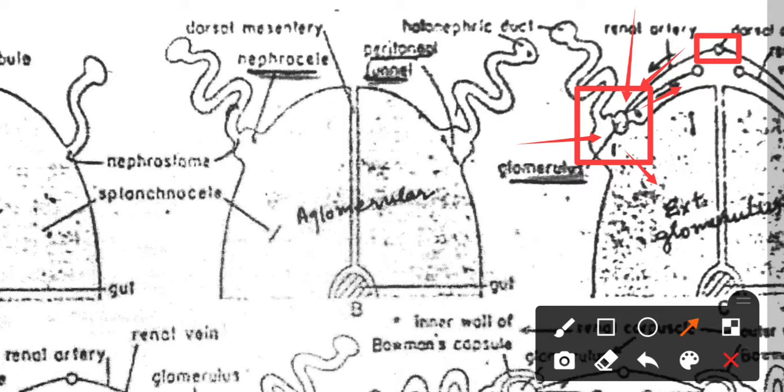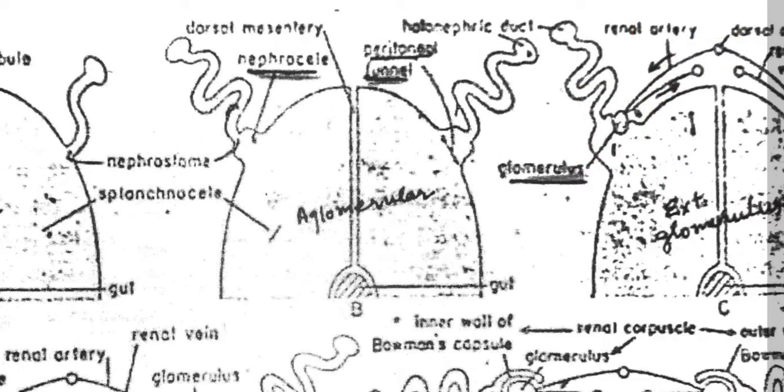Now, the renal artery is taking the blood to the glomerulus. The glomerulus is draining into the nephrocele, and the nephrocele is opening into the renal tubule, and again it is going to the holonephric duct. So what will be coming into the nephrocele, if I take only the nephrocele into account,